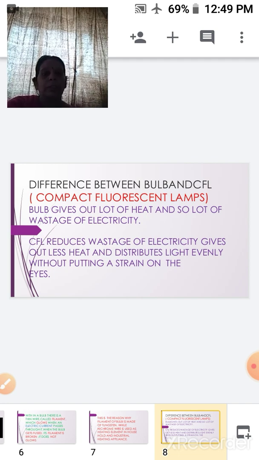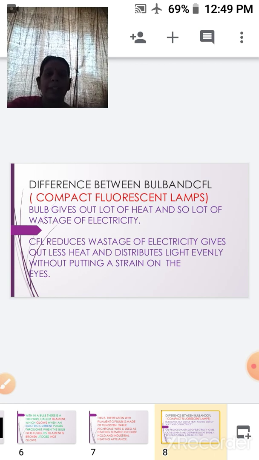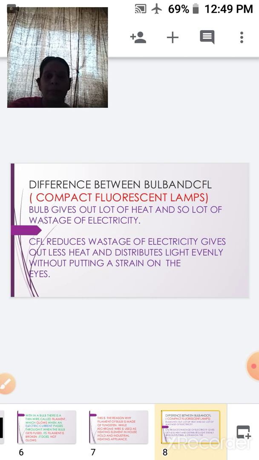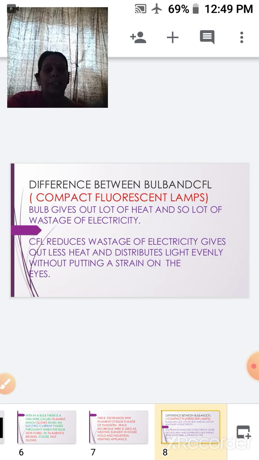Now, children, before going into the heating appliances, we will look at why we have started using CFLs instead of our normal bulbs. The reason is the bulb gives out a lot of heat, and so there is a lot of wastage of electricity. Whereas CFLs reduce the wastage of electricity, and they produce less heat.